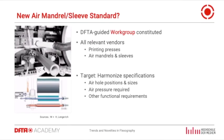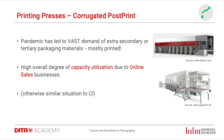And an initiative we have started a while ago is a standardization, and that goes along with the printing presses, of course, of the air mandrels and the sleeve systems, including their air holes, air pressures, and so forth, because there is a need in the market to standardize this, to harmonize this, and there is no competitive edge in this if you're not standardized. Therefore, we can tackle this full steam, and we do so. Of course, printing presses are not only in the CI range, but also in the corrugated post-print realm to be mentioned here, or again